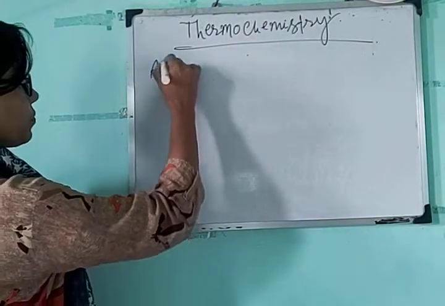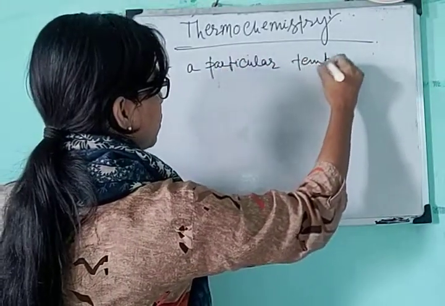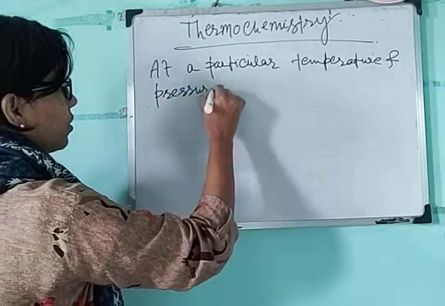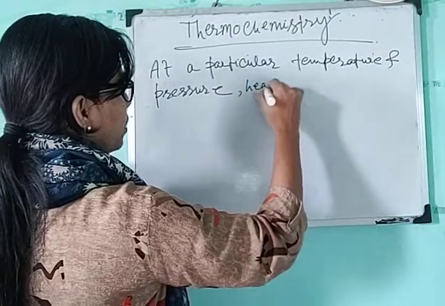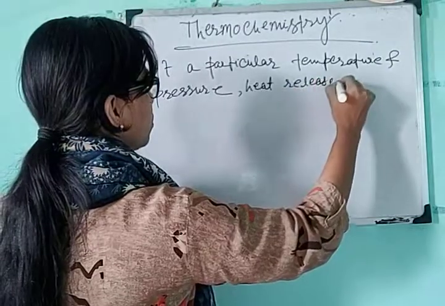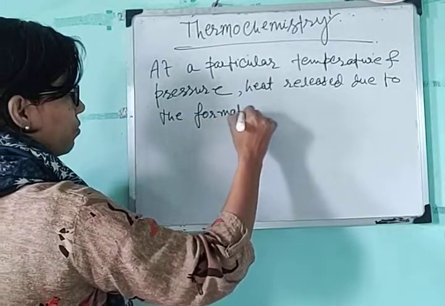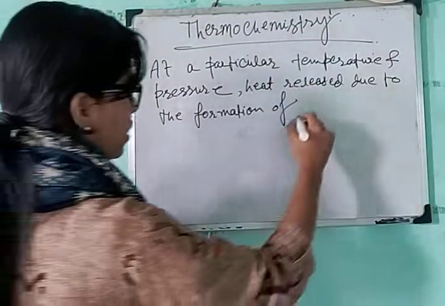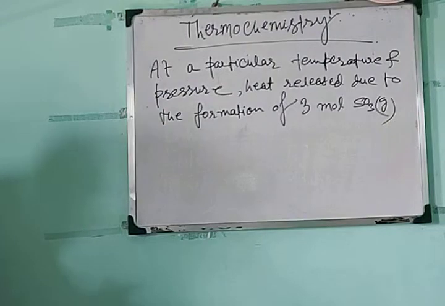Numerical problem 1: at a particular temperature and pressure, heat released due to the formation of 3 mole sulfur trioxide gas from the reaction between sulfur dioxide and oxygen gas